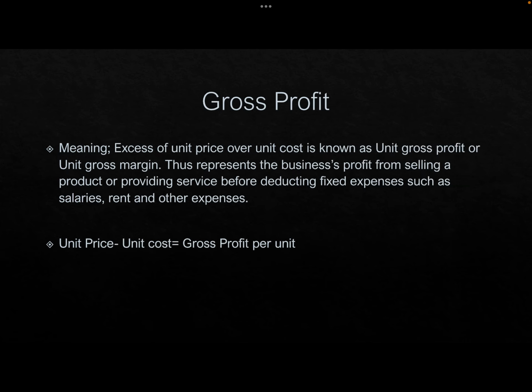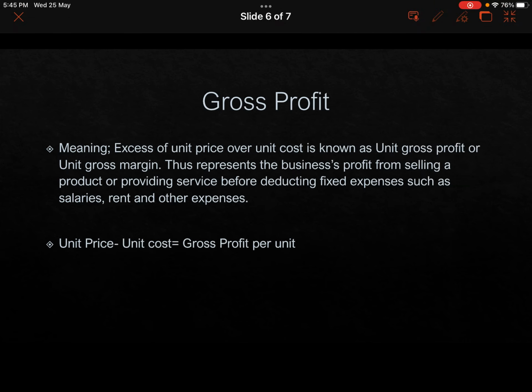Next is gross profit. Gross profit is the excess of unit price over unit cost. Let's say the cost of your product is 800 rupees and you sold it at a unit price of 900 rupees. Then 100 is your gross profit. So the excess of unit price over unit cost is known as gross profit, and it is also known as gross margin. But it is definitely gross profit before deducting the fixed expenses. Why? Because unit price minus unit cost is gross profit, and unit cost